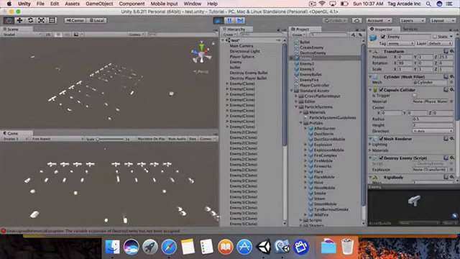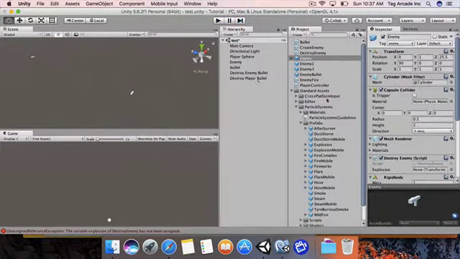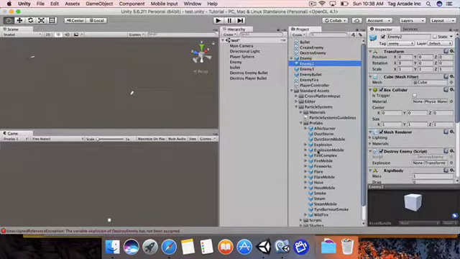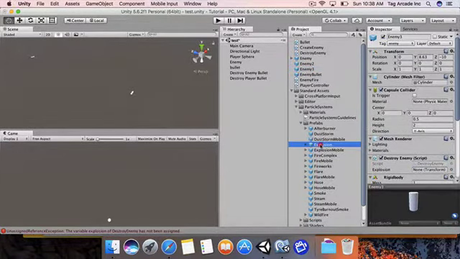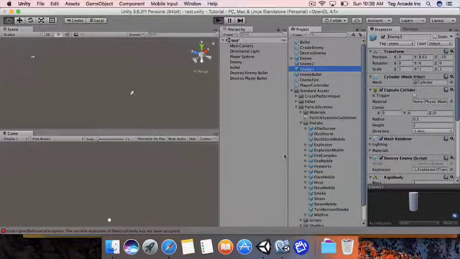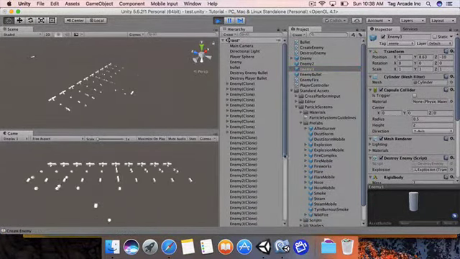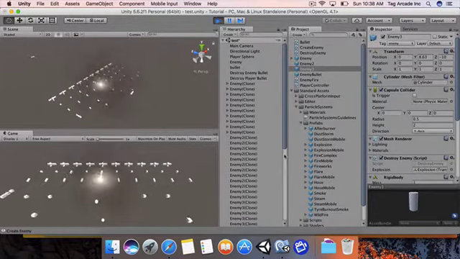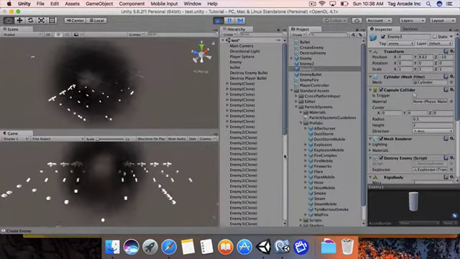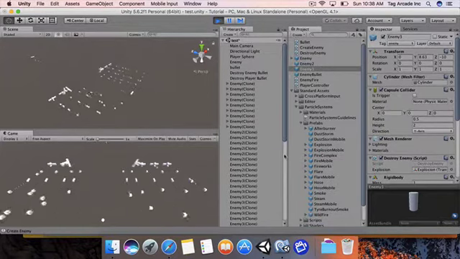We got a null reference because we forgot to reference our explosion. So let's go into our enemy script and find our explosion. Enemy type 1, explosion. Enemy type 2, explosion. Enemy type 3, explosion. Okay, let's try this again. Oh, I almost got shot down. Boom, boom, boom! 3 enemies destroyed all in one shot,